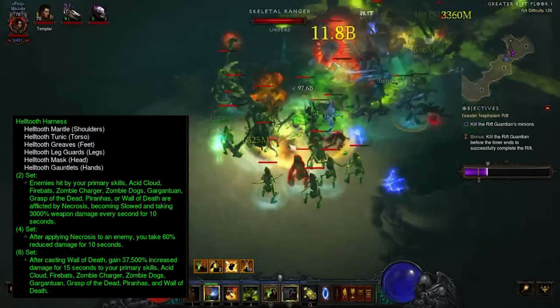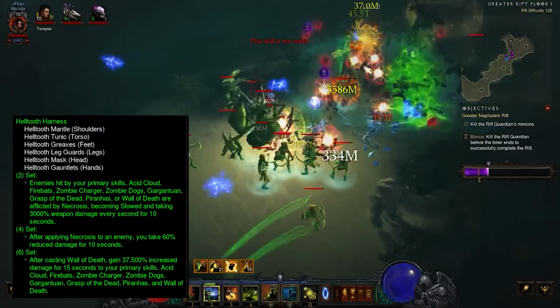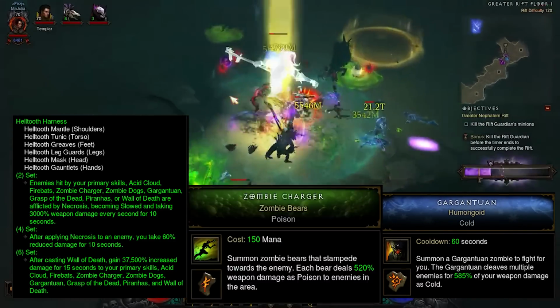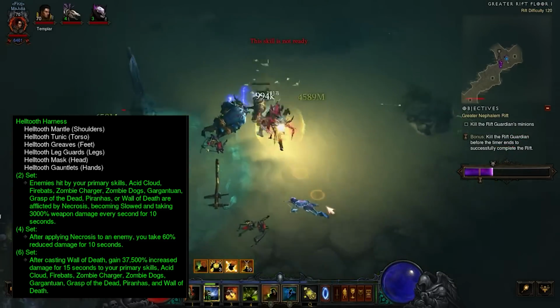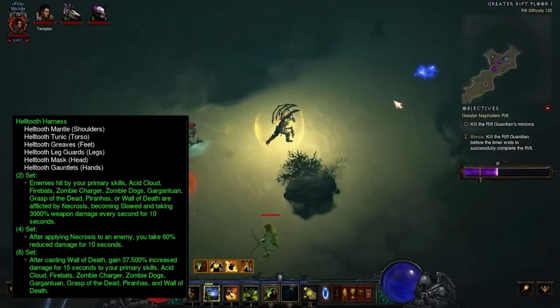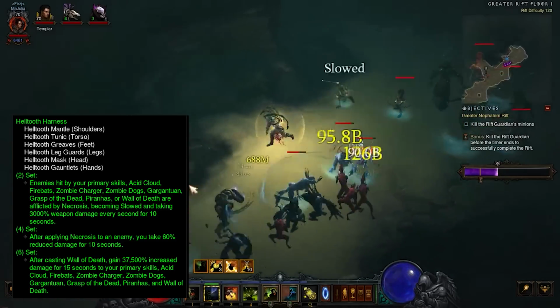Helltooth Harness for the Witch Doctor is much more playable in my opinion, although this set heavily depends on your pets like zombie dogs and gargantuan. There is also a zombie charger option, but in most of the activities your pets will get the job done. This set does well in both Nephilim Rifts and Greater Rifts, offering a relaxed gameplay. Only issue here is that pet AI can be inconsistent, so you may need to adjust their positions at times